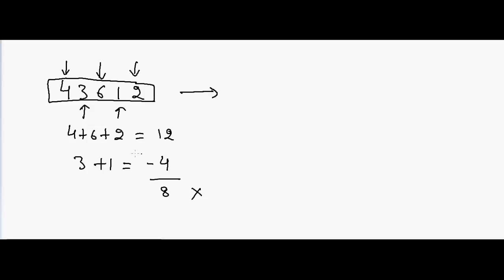In that case, if we look here carefully, instead of 3, if I make this one 0, then this will be 1, and if I subtract 1 from 12, that will be 11. So if I make this modification, 4 0 6 1 2, then this number should be divisible by 11.